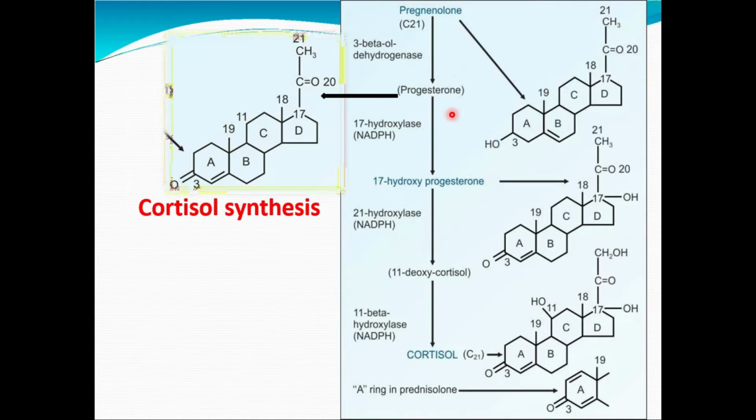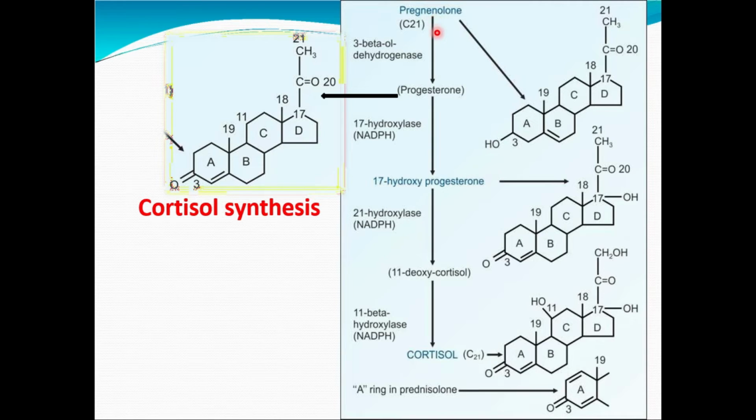This pathway shows the conversion of pregnenolone towards progesterone, and then ultimately progesterone is converted to cortisol, a glucocorticoid. The predominant human glucocorticoid, that is cortisol, is synthesized in the zona fasciculata region of the adrenal cortex. It is important to note that the synthesis of cortisol involves hydroxylations of progesterone, as first of all cholesterol is converted to pregnenolone, a rate limiting step.